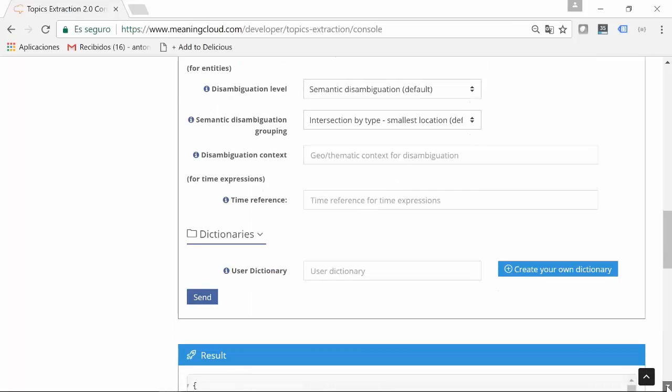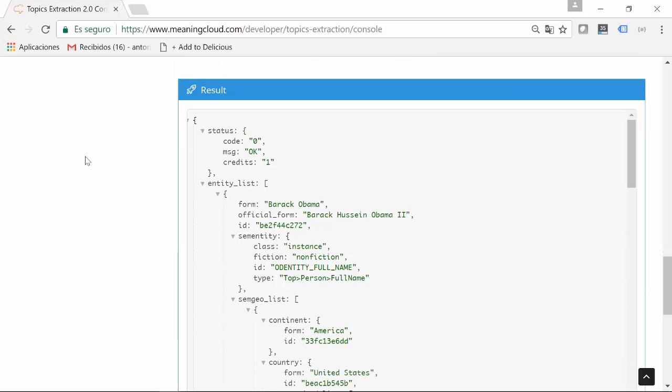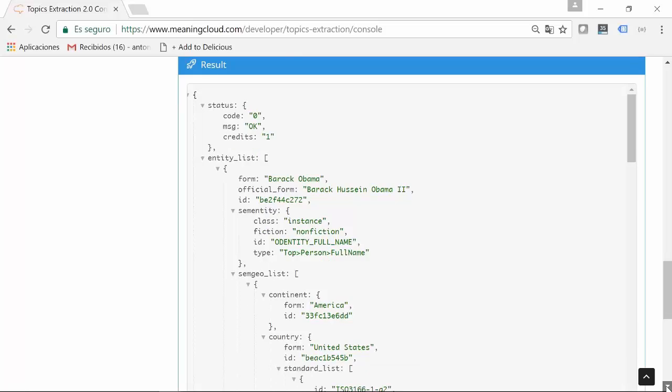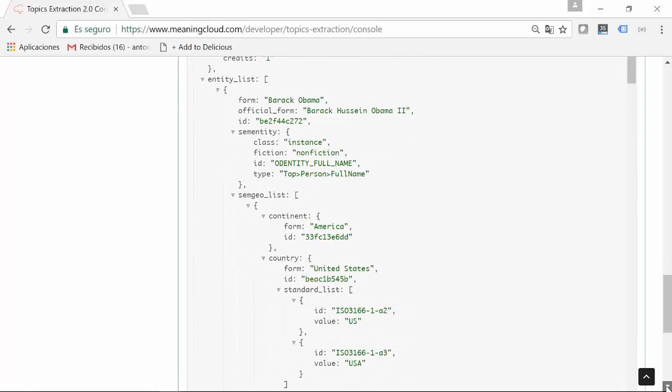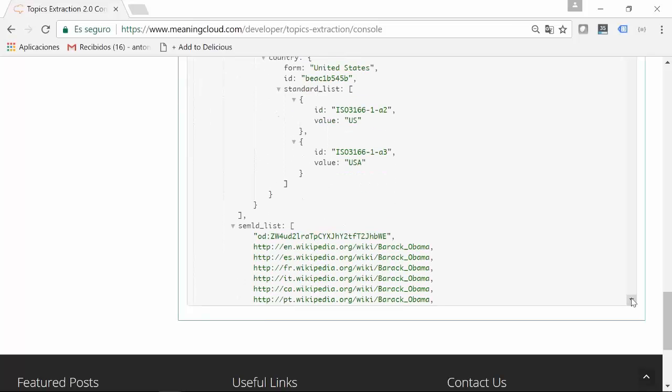it returns this result in which, for example, it has identified a list of entities, including Barack Obama, with official form Barack Hussein Obama II. It's a full name of a person with some semantic information related to it, like, for example, it's related to America, to the United States.